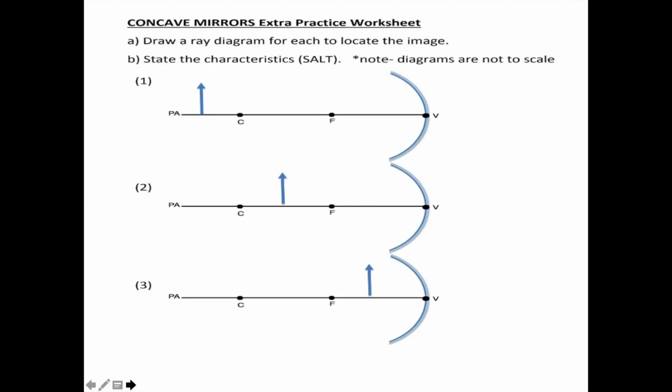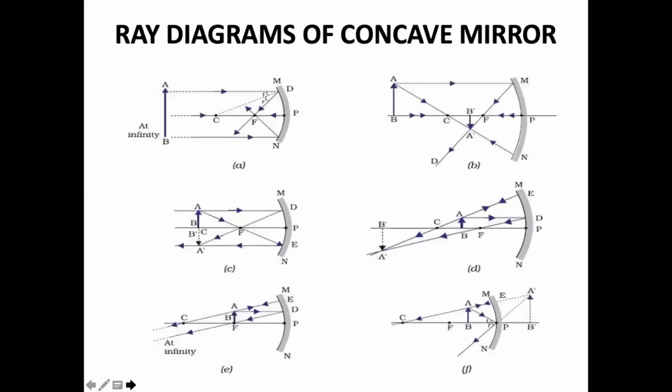You have to apply rules over here, rule number 1, 2, and 3. Mainly all 3 rules you will have to use. So these are the ray diagrams made on the concave mirror. We have learned that for reflection in front of the concave mirror, the images formed can be real also, it can be virtual also, and it can be smaller also, it can be larger also. One thing you take care of: a virtual image in a concave mirror is always large. In a convex mirror, the virtual image is always small, but in a concave mirror, the virtual image is always going to be large.